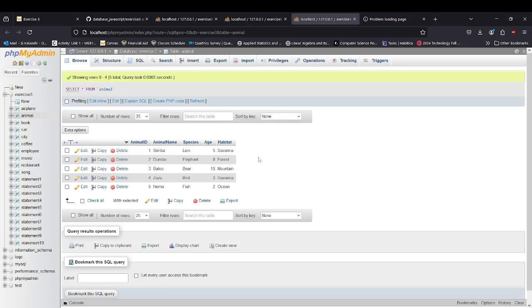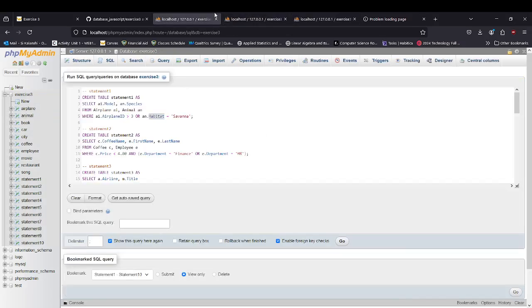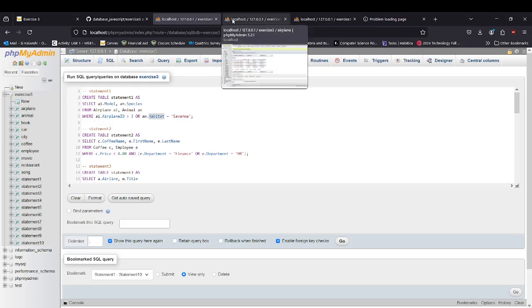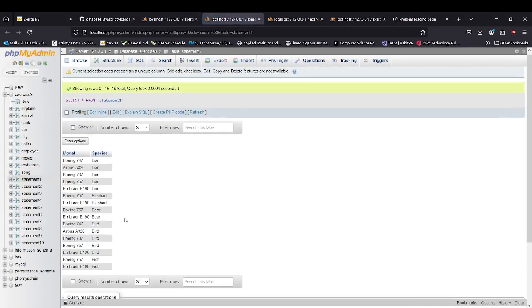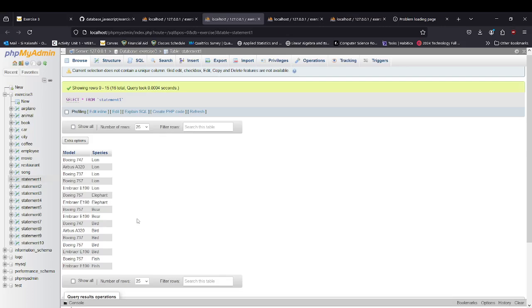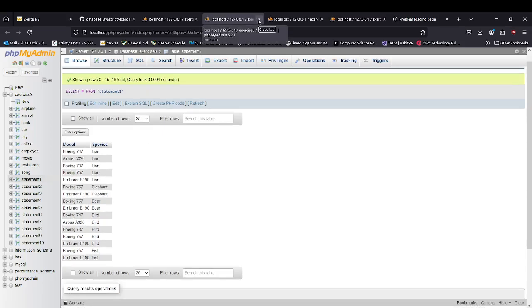So we will create the table statement 1, which is going to be model and species. So this is how statement 1 is going to look. Basically, the conditions were that the airplane ID is bigger than 3 and the species habitat is Savannah, and it will pick the species and the models. Same goes for the other